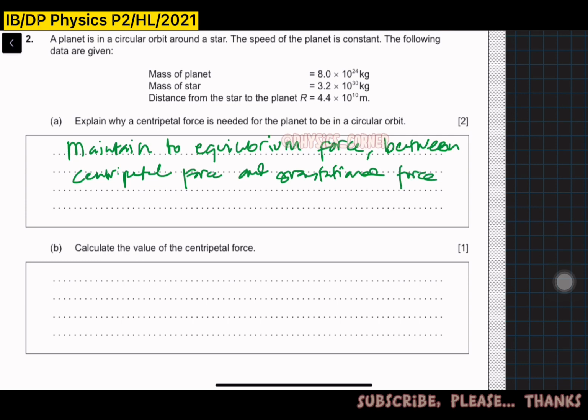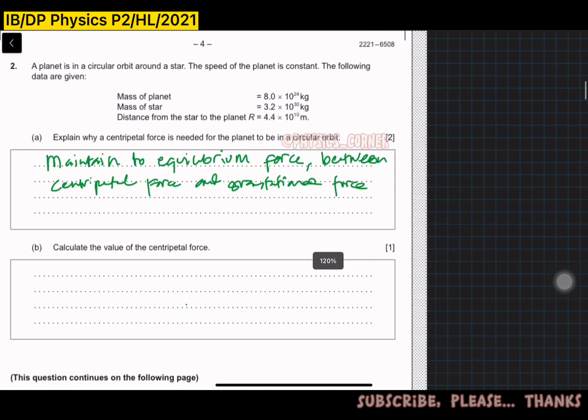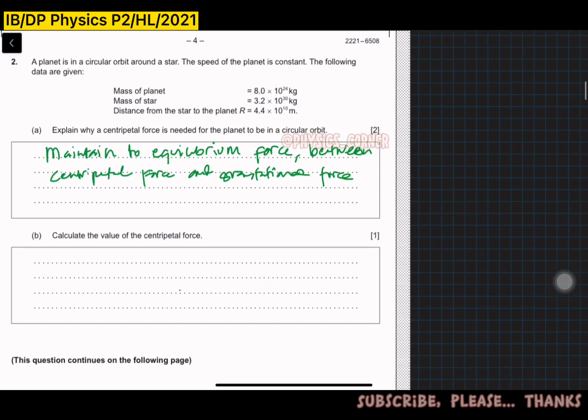So it means if we draw it, let's say this is